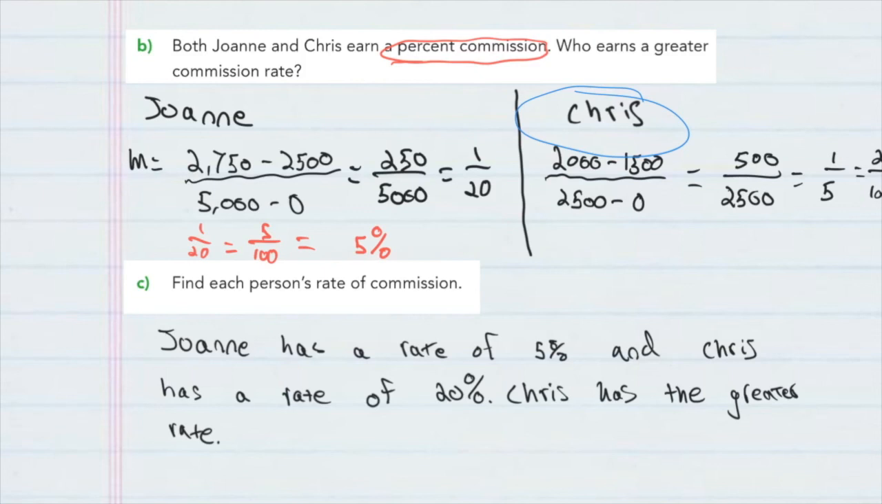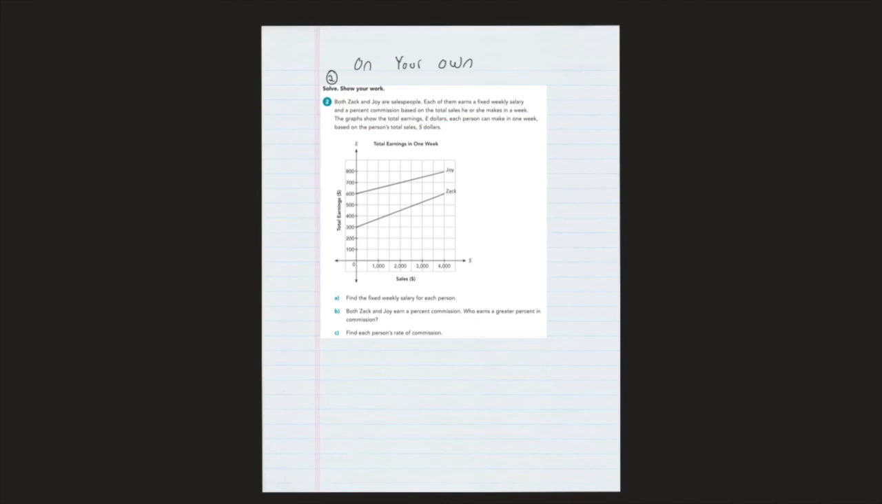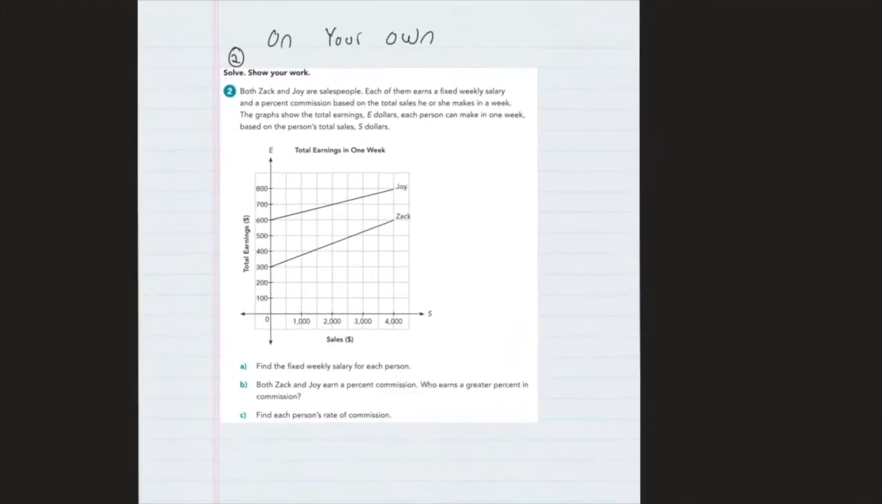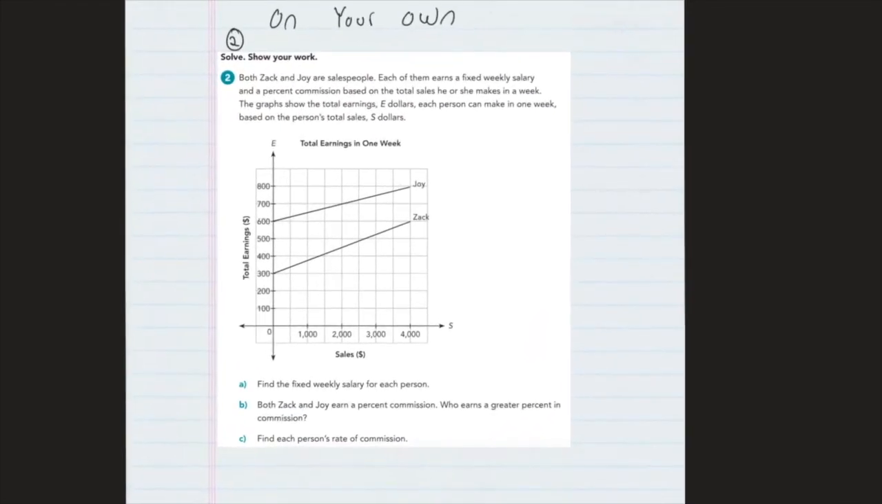So that's kind of the balance that you have to strike, and you really want to weigh those differences between the companies that you choose from. So that's an important aspect of doing this kind of work. This is the same type of problem as we just did. You're comparing these two graphs of total earnings between Joy and Zach. And when you're finished with this problem, get it checked by a teacher, and you'll be ready to move on